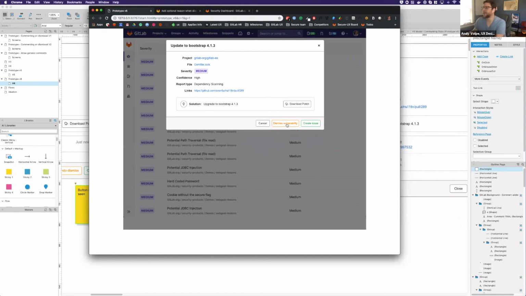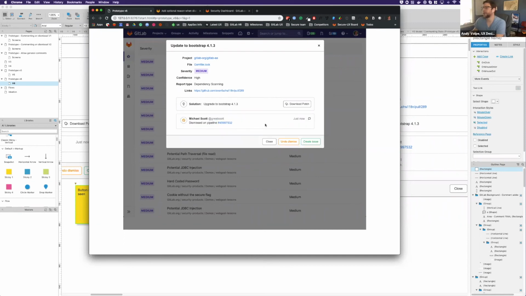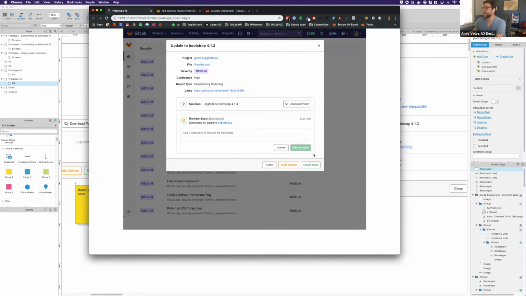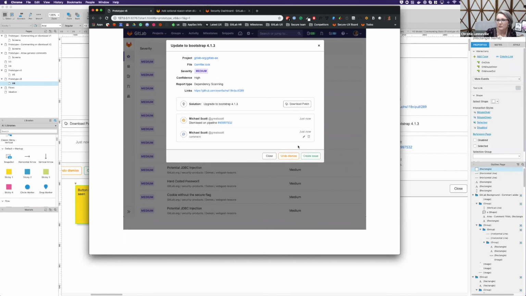Let's see, undo dismiss. So if I click on dismiss, it will give me these. I click on add a comment. This is a poor rendition of the default version of add a comment. It should be disabled. And then when you are adding, these are now disabled. So it tries to balance 5 buttons within a 100 pixel area as much as possible. And then add a comment. And then what do I do next? You would close,